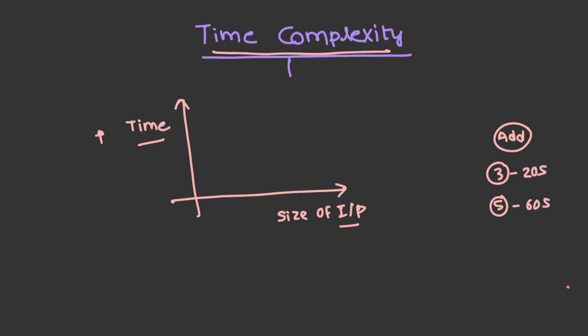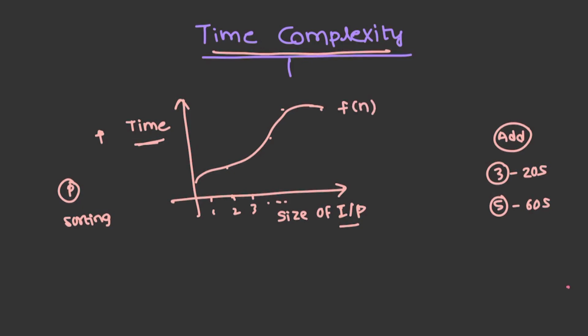Let's say we have taken a problem that, for example, if it is sorting, we are giving some numbers and this is the time taken 1, 2, 3 and so on. This is the rough estimation. For sorting 2 numbers, if the time has been at this point. For sorting 10 numbers, if the time was at this point and so on. So, the graph will be as such. This is the curve which represents the time taken for execution for our program and let's call it as f